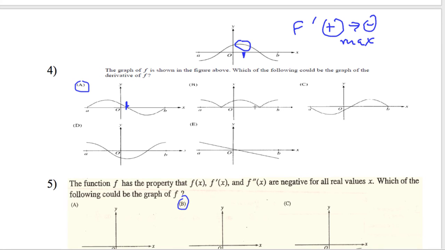If I come back over here, it doesn't go through the x-axis, so it's not B. C has a relative extrema here, but this is a minimum because it goes from a negative to a positive. So if this graph were reflected over the x-axis, then it could have been C, but it's not. D, I have no idea what's going on here. You have double relative extrema, but we only had one here, so it doesn't make sense. And E, it kind of makes sense, right? Maybe you could see how this one would be a quadratic and you took the derivative and it's a linear function, but that's not quite the case because you still